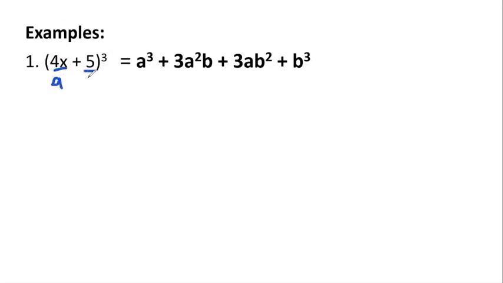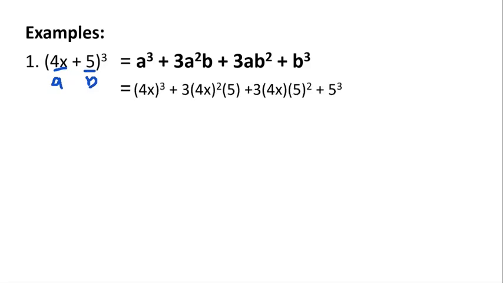Our B here is 5. So, kunin natin si A cube. The value of our A is 4x, kaya magiging 4x cube plus 3. And our A squared, 4x squared. And the value of our B is 5, kaya substitute natin lahat-lahat ng value ni A and B sa ating